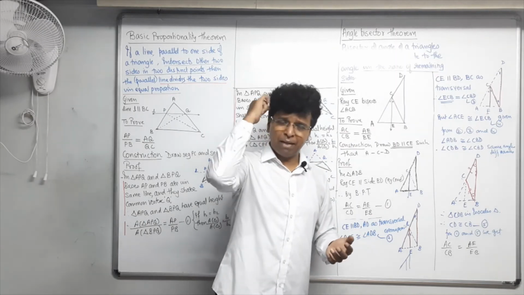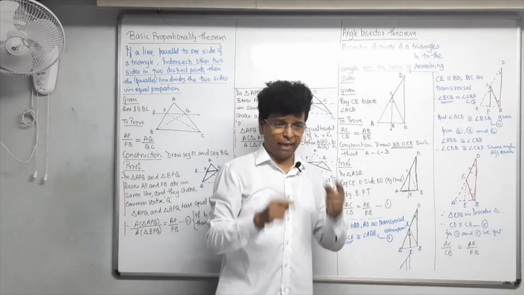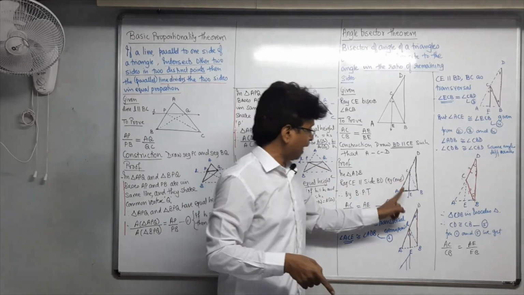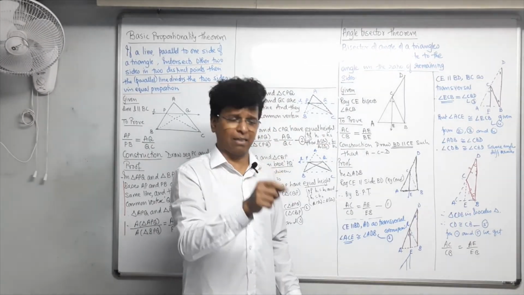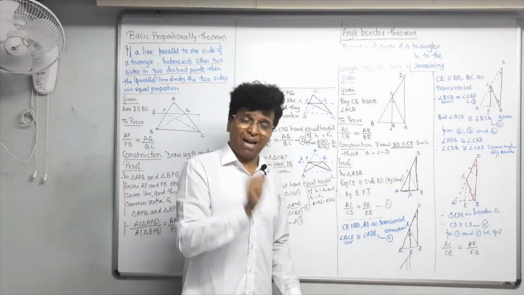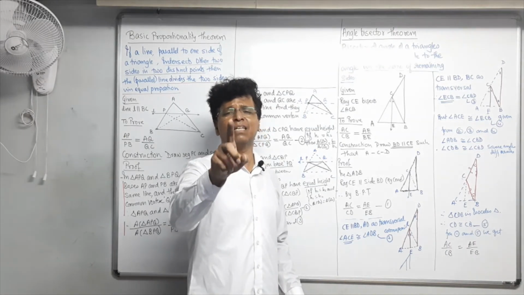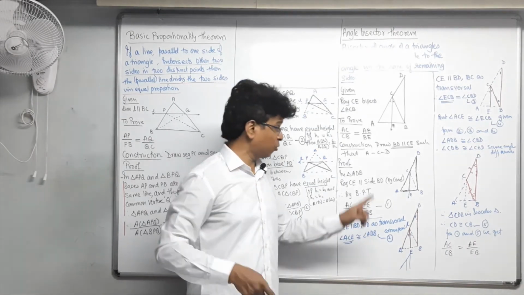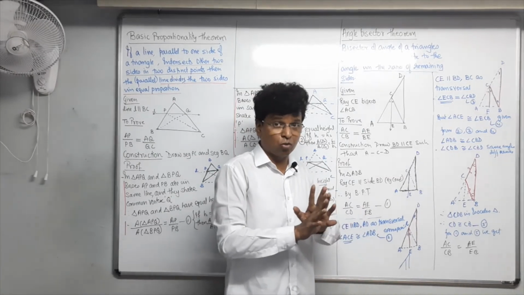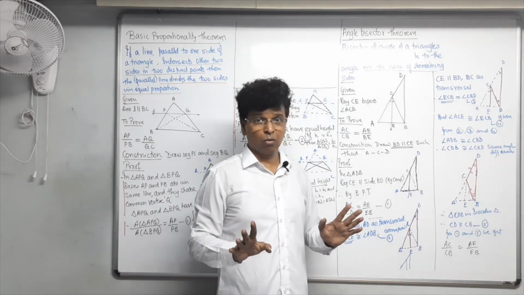Think it. Train your brain properly. Train your eyes and your brain. For that, draw dotted triangles like this, and then draw this. Practice it again and again. Within 3 months, your brain will be trained, once you practice like this, and only then. Otherwise, I can't assure. Okay, my dear students.